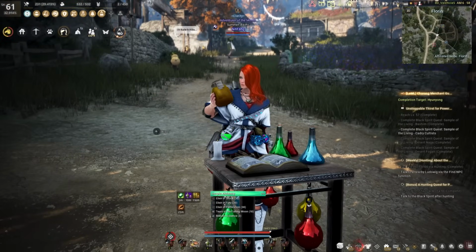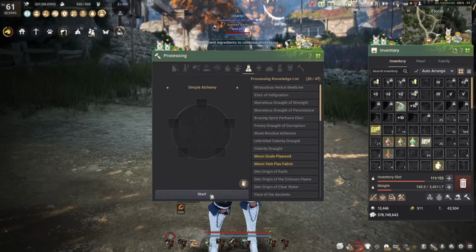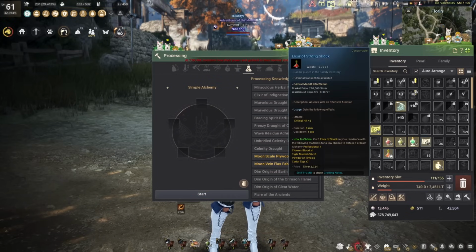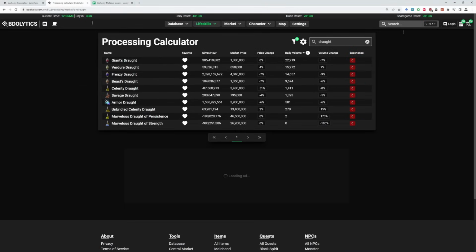Also keep in mind that you can use the blue procs of the elixirs to replace 3 green procs in this recipe. So for example, instead of using 3 elixir of shock, I could use 1 elixir of strong shock. Now you won't find the drafts in the alchemy table, that's because they fall under processing since they're a product